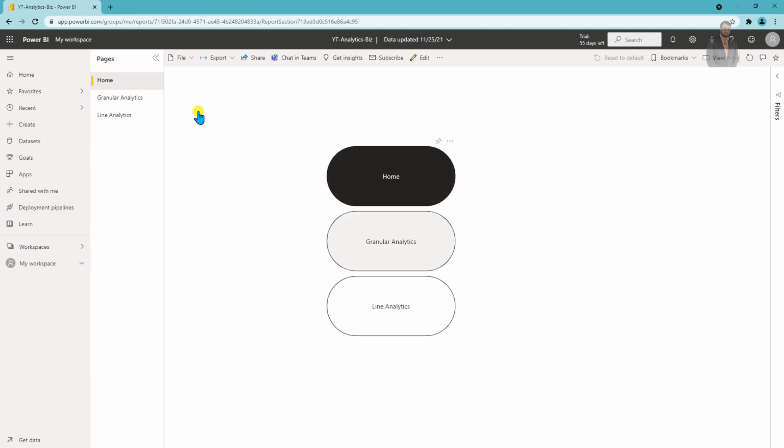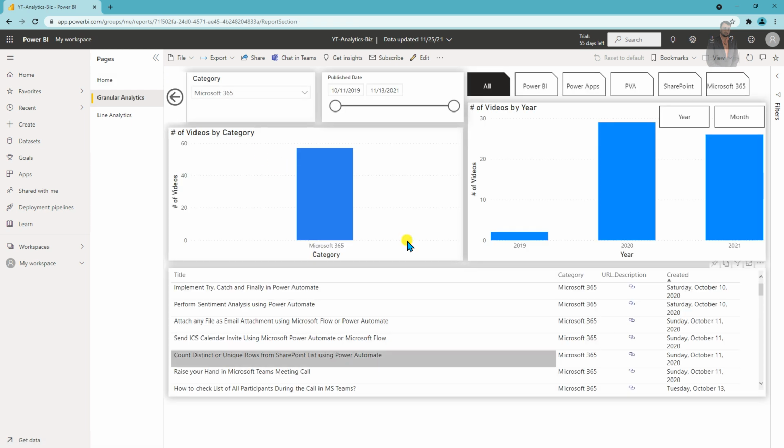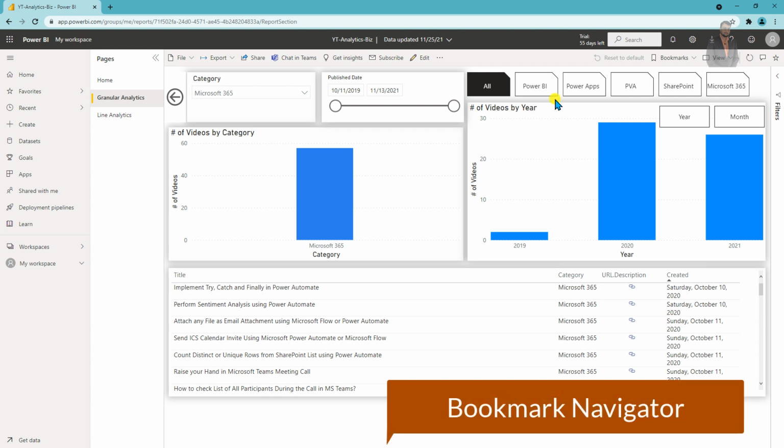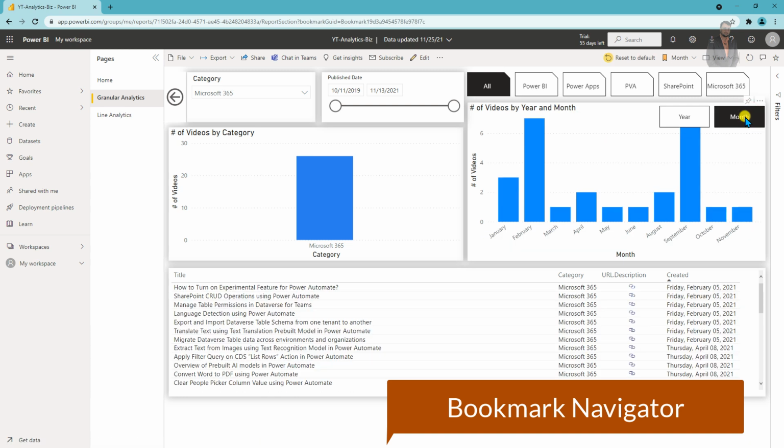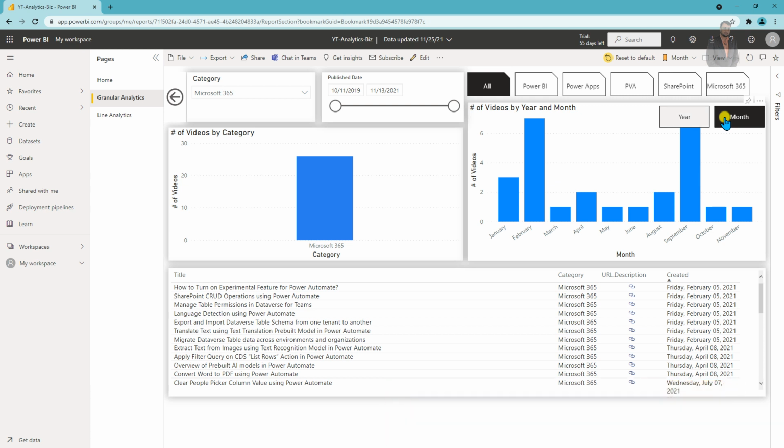Now what do we mean by Bookmark Navigator? So let's say for example, this is one report page and over here you have added a couple of bookmarks for year and month view. And now whenever you click on any of your bookmarks, it will change the view accordingly. And this is something which is called a Bookmark Navigator. Whatever bookmarks you have added into a single group will be available as part of